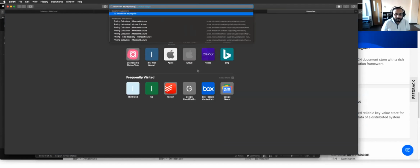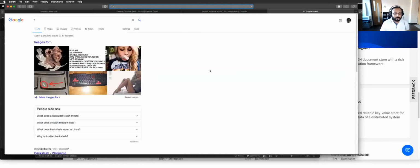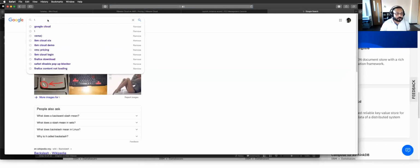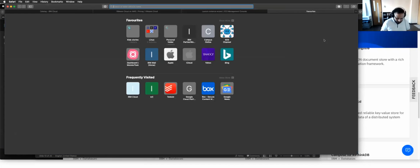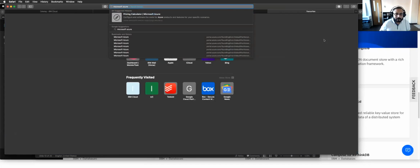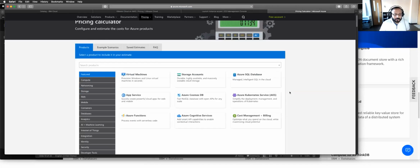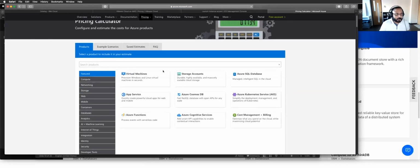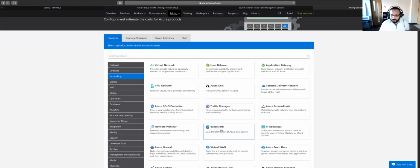Azure pricing calculator just for a second, just to show you what that cost looks like. Let me close that. Microsoft Azure pricing calculator. All right, and let me just show you here very quickly how these costs can add up. So if you go to networking and if you go to bandwidth,